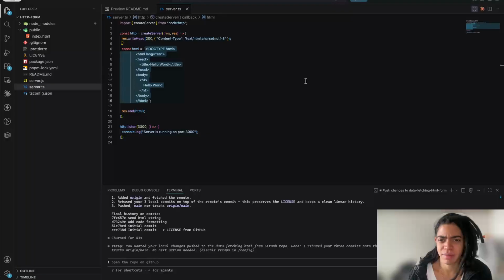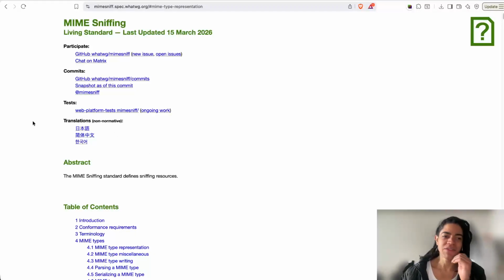Or is the content type, the MIME type. What does this stand for? Okay, even the standard recommends to do that. MIME sniffing. Look at this. Look at this. There is even a